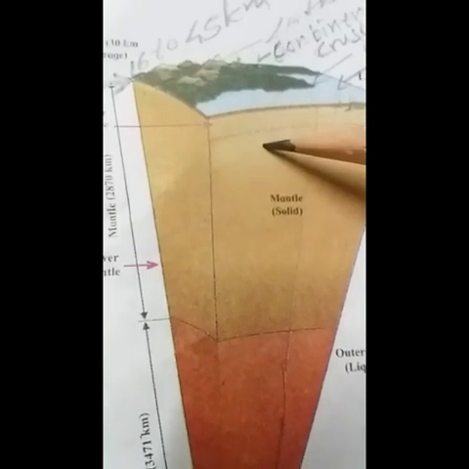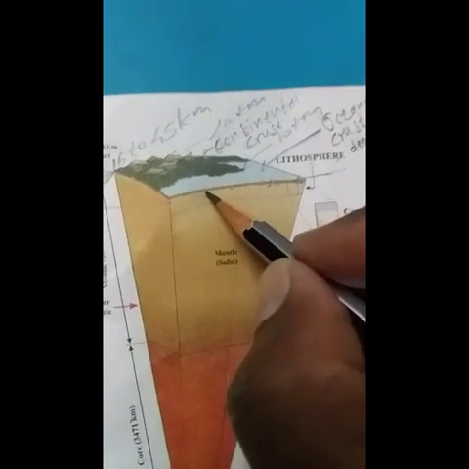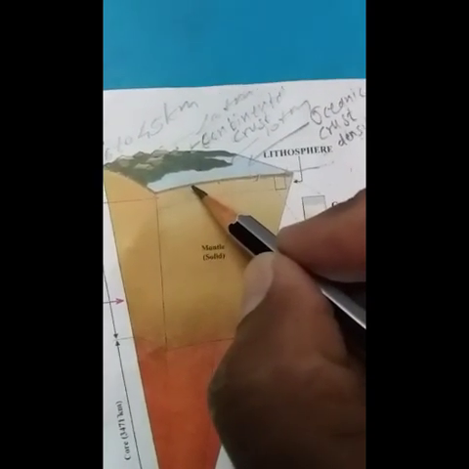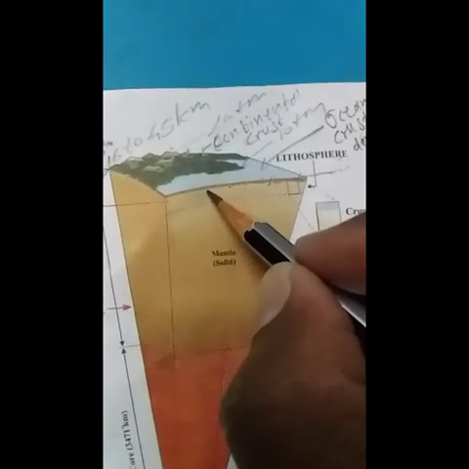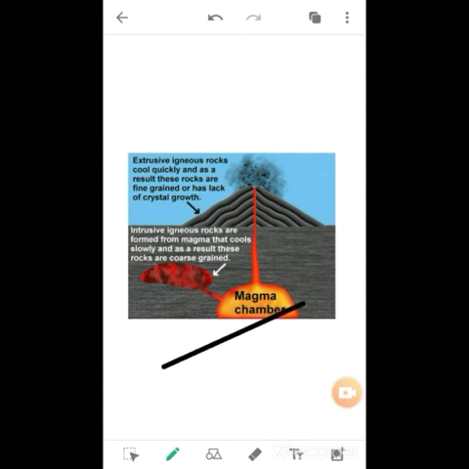The upper layer is more in liquid state, where rock material deforms more readily and magma formation takes place. Here one finds magma chambers. Look at these magma chambers. One can find these magma chambers in the upper mantle. It is through these chambers that the magma comes out on the Earth's surface during volcanic eruptions.